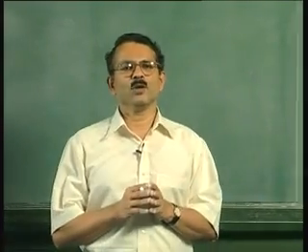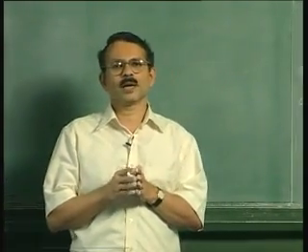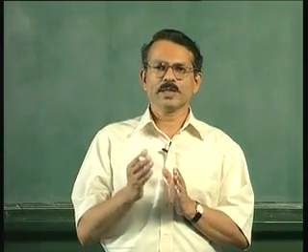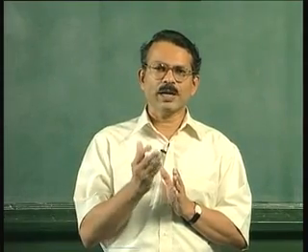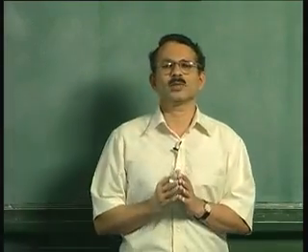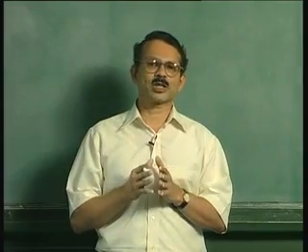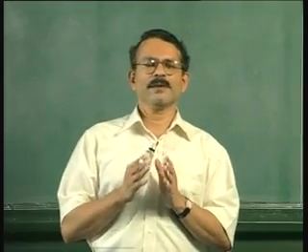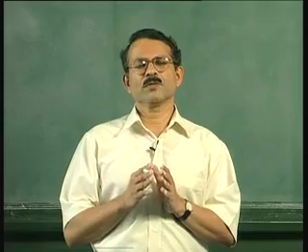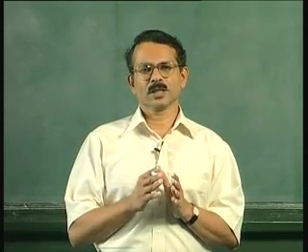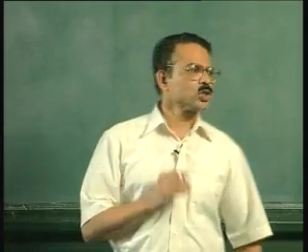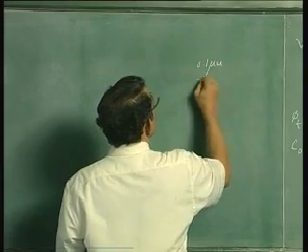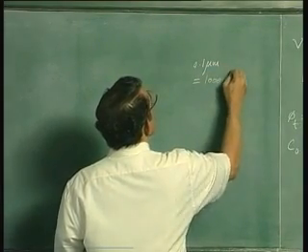It is useful to remember the value for 0.1 micrometer, because 0.2 micrometer is not so easy to remember. Relatively it is easier to remember the 0.1 micrometer thickness, which is the same as 1000 angstroms. Whenever you are handling small geometries, you must be very comfortable with dimensions of the order of angstroms and microns, and you must be able to convert one from the other. So 0.1 micron oxide thickness is equal to 1000 angstroms.